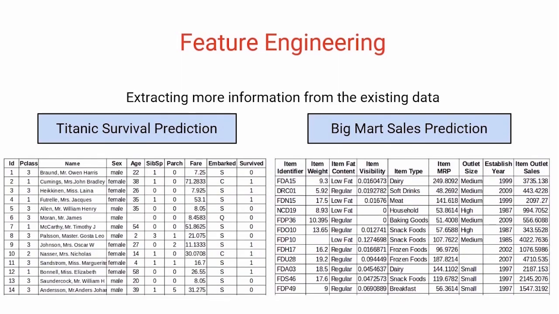Here's a small but a very interesting exercise for you. On this slide, we have a subset of the two data sets that we've been using so far, Titanic survival prediction and Big Mart sales. Now, I want you to take a while and think about what new features you can create from the given set of features for respective problem statements. In the next section, we've shared the problem statement and data dictionary again for both these problems. So please go through it and share the list of features on the discussion portal. It's a very interesting exercise and will help you understand what feature engineering is and how it works.